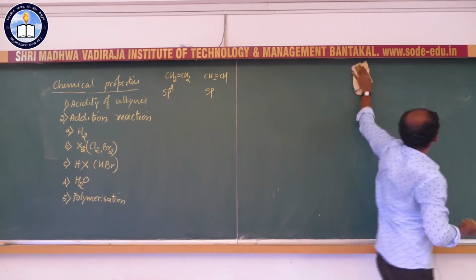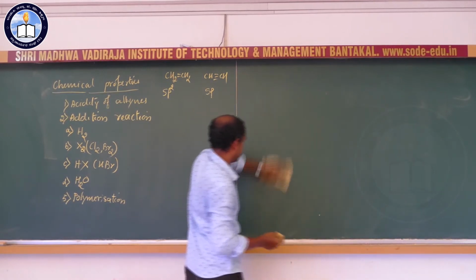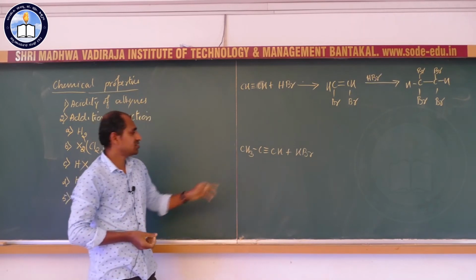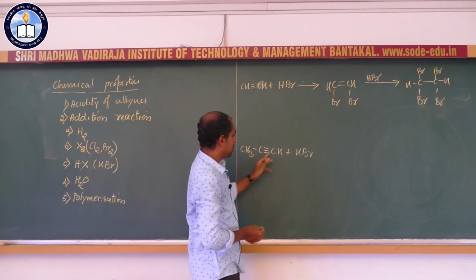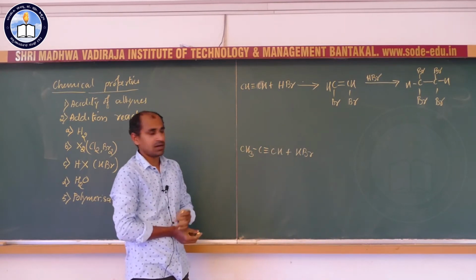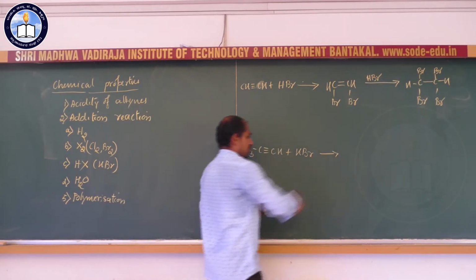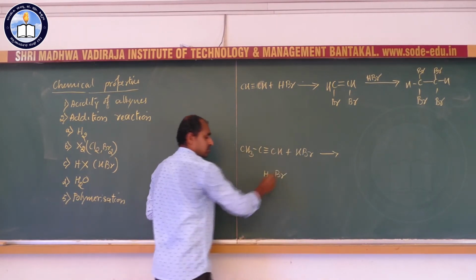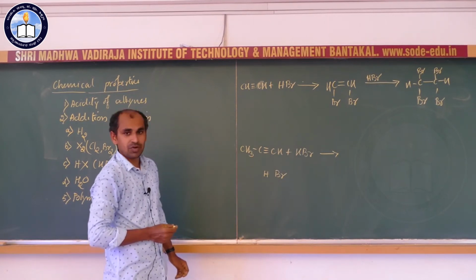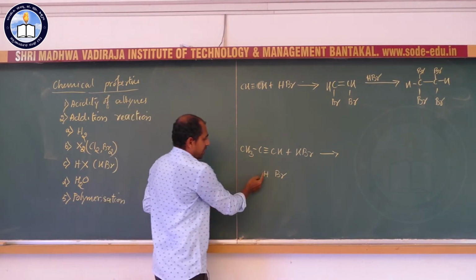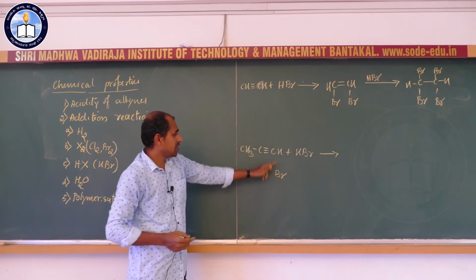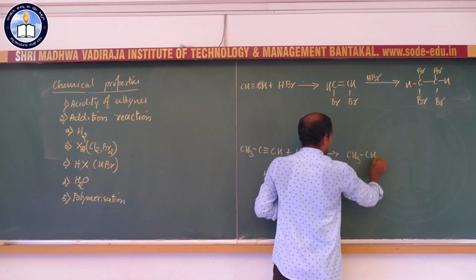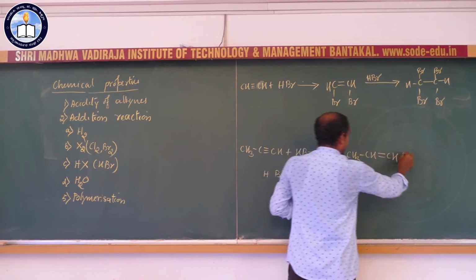So, now we shall see the third molecule, that is hydrogen halide. How does alkyne react with hydrogen halide? So, now I will take this alkyne, a substituted alkyne, it is a propyne. So, propyne reacts with the HBr to give what? So, now question comes, you see HBr has 2 different atoms, one is hydrogen, another one is bromine. If hydrogen is added to this carbon and Br to the terminal carbon, the product is CH3, CH double bond CHBr.